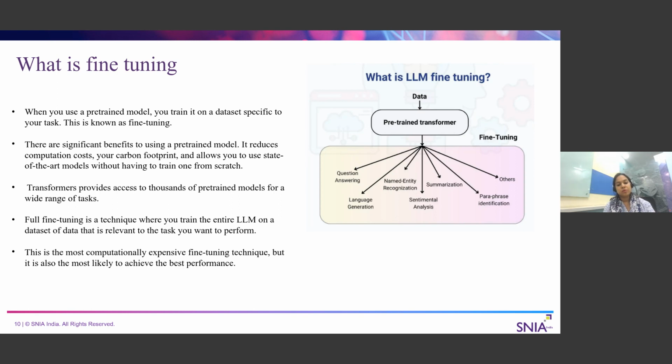So what is the meaning of fine-tuning? As you can see on the right-hand side, what is LLM fine-tuning? We have the initial huge amount of corpus data through which the pre-trained model is trained. We call this a pre-trained transformer model. So these models are transformer-based models in Hugging Face, right? Now, once we have the pre-trained model, then comes the fine-tuning. This pre-trained model is good for the basic type of task, good at the basic grammar, basic context, basic semantics or syntax. Now, if you want to use this particular model for a specific task like question answering, then we have to fine-tune it for question answering.